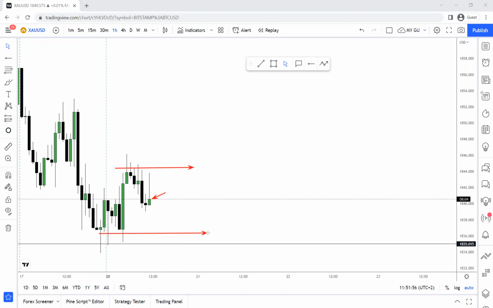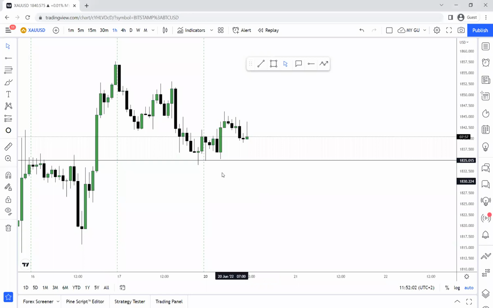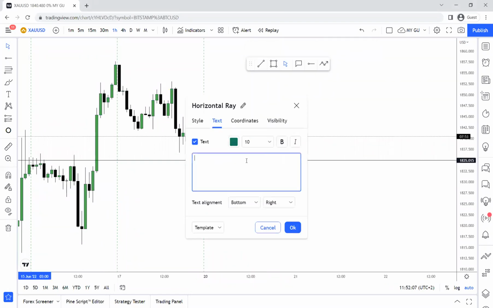That is your first target, because for price to go lower, you actually need to see price closing below this area right here. Remember, this is an important zone. Price needs to break to go lower.